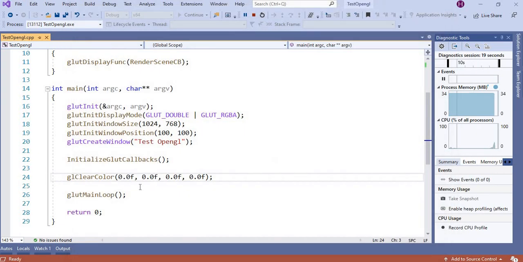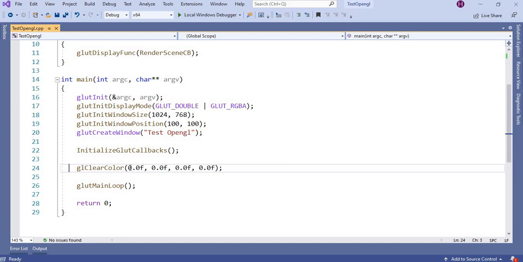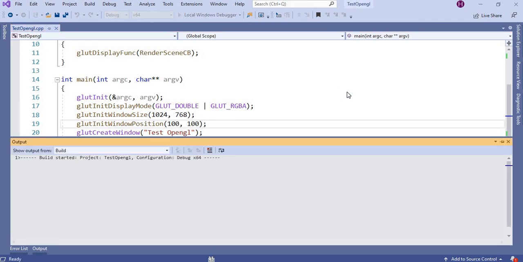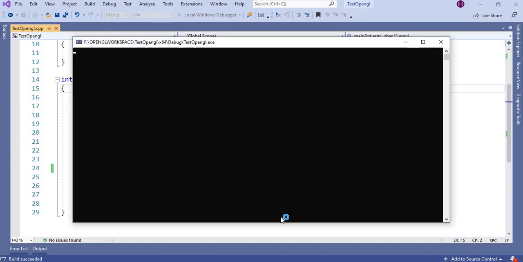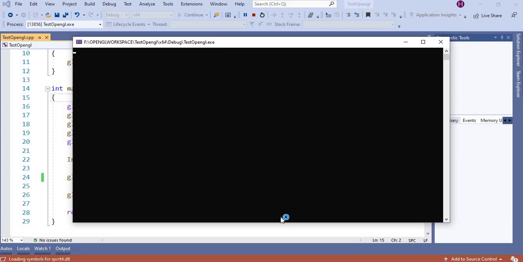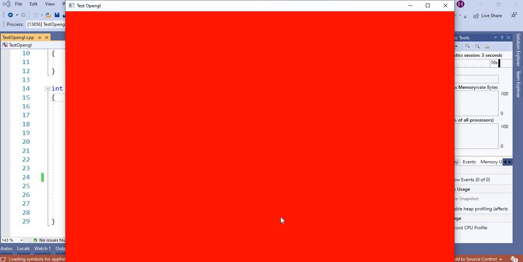If you want to change the color, I'll choose the red color of window as we run. Let's change the background color. So you can see the red color of window is present. Now it's sure your freeglut is set up in your system.